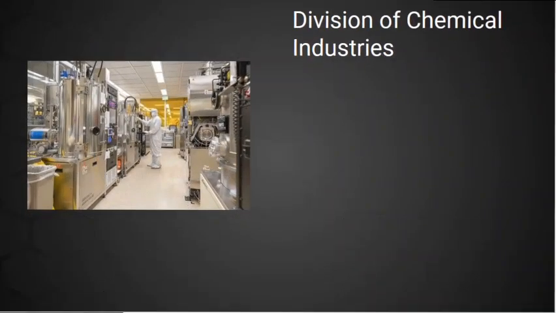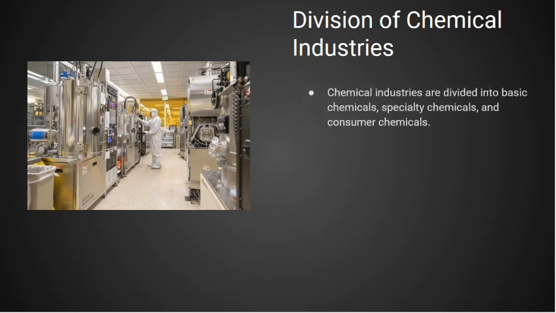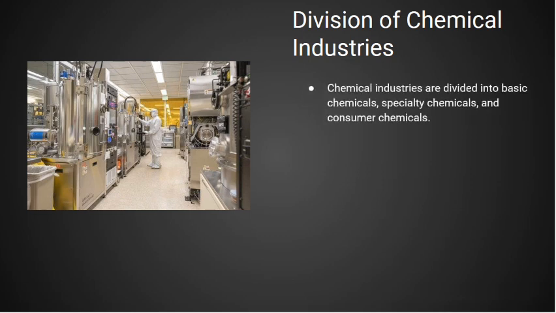Okay, so let's quickly talk about the division of chemical industries. So basically we say chemical industries are divided into basic chemicals, specialty chemicals and consumer chemicals. So if we are saying basic chemicals, we are trying to say the regular ones, those chemicals that are virtually involved in many chemical productions. But now when we are talking about specialty chemicals, those involved in the production of drugs can be classified under this as well, because